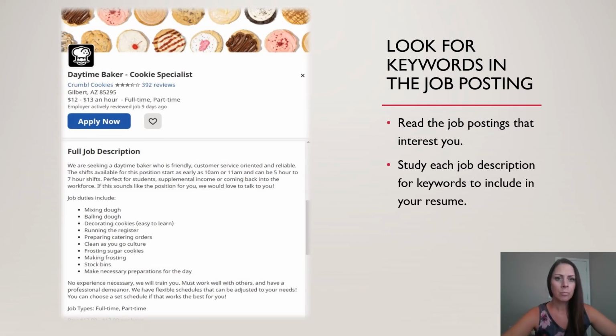And as you read through it, there's some keywords that jump out to me. They're looking for someone that's friendly, has customer service oriented skills, and is reliable. So those are all soft skills that we talked about earlier. So I would definitely write down those 3 keywords. And then also, if you continue, it looks like they are looking for someone that has some baking experience, I would imagine, mixing dough, decorating cookies, and they even added that it's easy to learn. So it looks like they are willing to teach you how to decorate cookies. So if you have any of this experience,